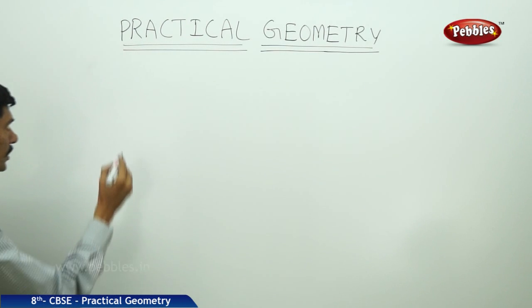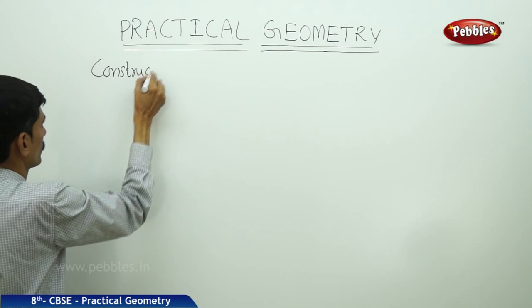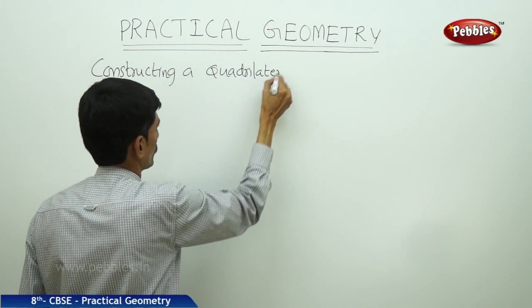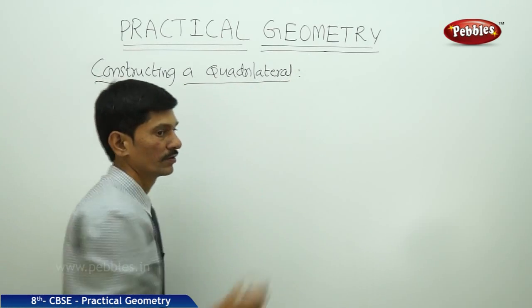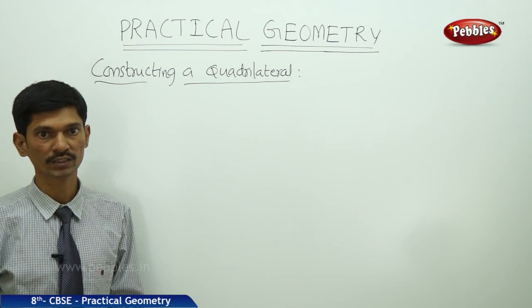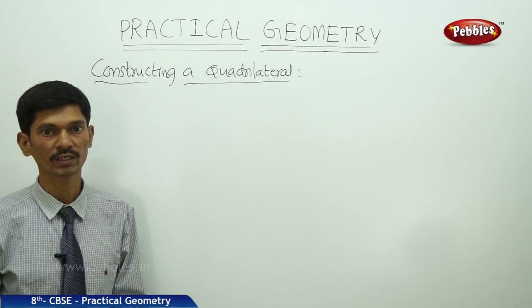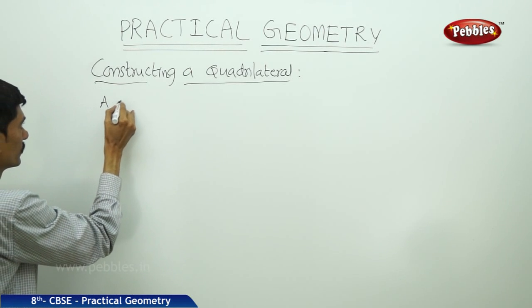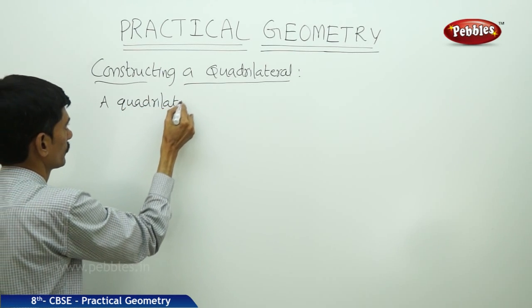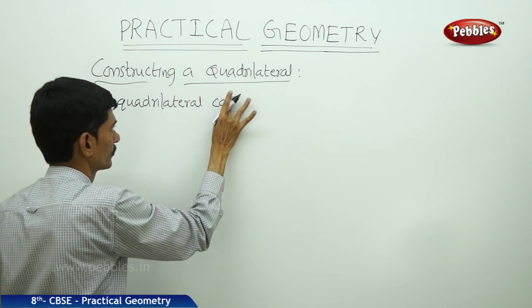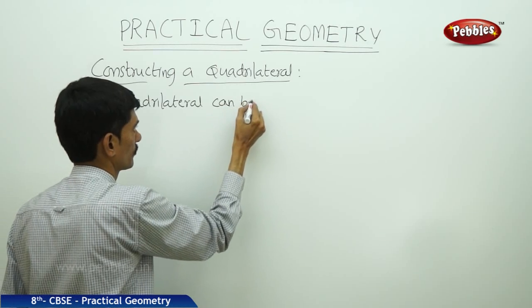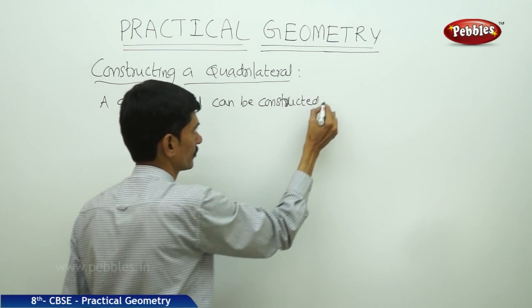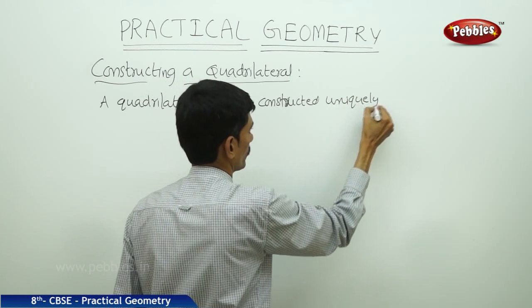Now let us discuss constructing a quadrilateral. You already know that 5 minimum measurements are required to construct a quadrilateral. Now let us check which 5 measurements are required: either 3 sides and 2 angles, or 2 sides and 3 angles. So let us discuss this now. A quadrilateral can be constructed uniquely when